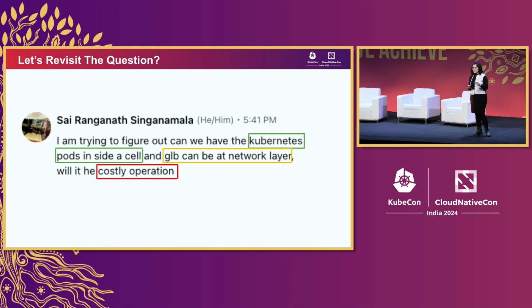GLB can be at the network layer. GLB is the global load balancer, what he means is, when you have cells and you're talking to these cells, it is ideally done through a networking layer, which we'll be seeing in a diagram also. But that's where he meant: can I call all my cells through that GLB layer? Answer is yes. Will it be a costly operation? Cost is a magic. I'm not trying to touch upon the cost topic here, but cells, compared to other components, become costlier. So yes, it is costly. So you need to be very careful where you really need those use cases where cell-based architecture should be used.